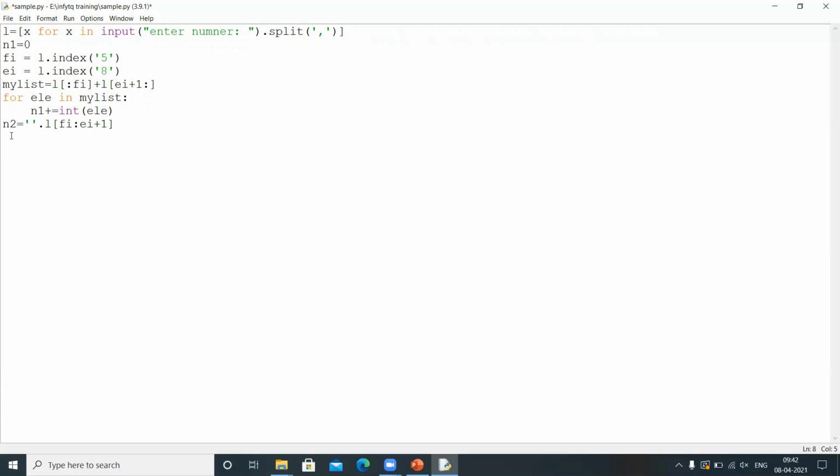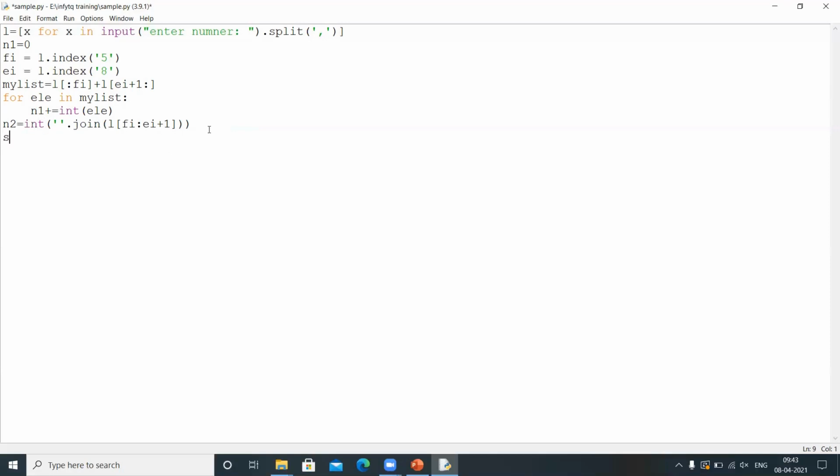For that you need to join it so that you can form a number. And for this formed number, you need to typecast into integer type, int. You need to write int. Now by doing this, number 2 will be formed, just like you consider the range of numbers between 5 and 8 and you converted that into an integer type.